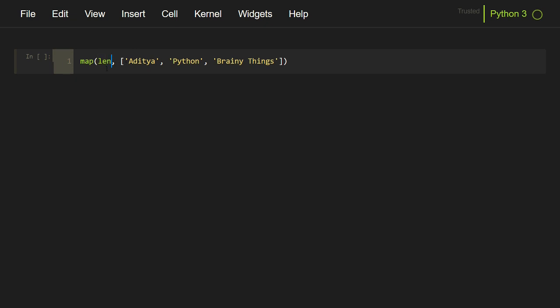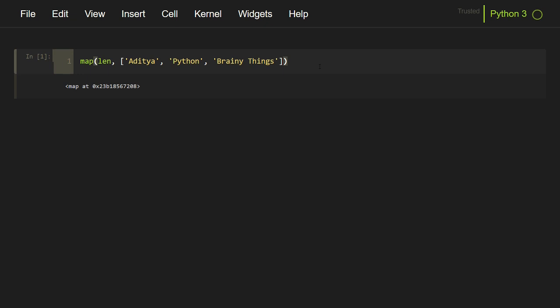So the first call will be len, inside this it will pass the string Aditya, and the value that is returned by this function is stored in the resultant iterable. In this case, it will be 6. And it will again call the len function with the next parameter and then the next. All the results are stored in a final iterable.